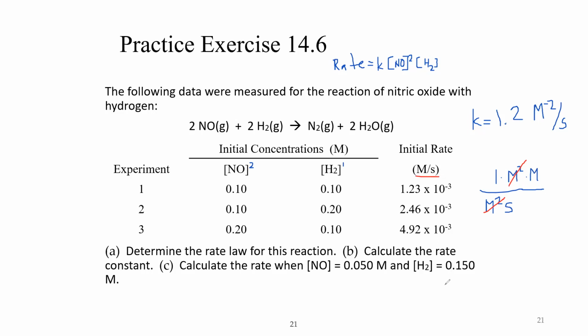And that's the unit we have for these rates overall. And then for the final piece, we've got the rate constant now. We've got the concentration of each of those reactants. We can plug all that information in to see what the actual rate of the reaction is going to be. So if we do 1.2 times 0.05 squared, and then we'll multiply it by 0.15 for the hydrogen, what we're going to see in that case is a reaction rate of